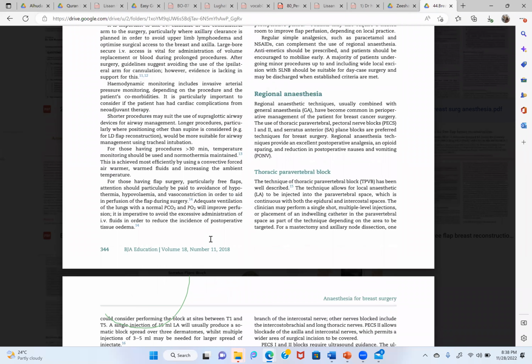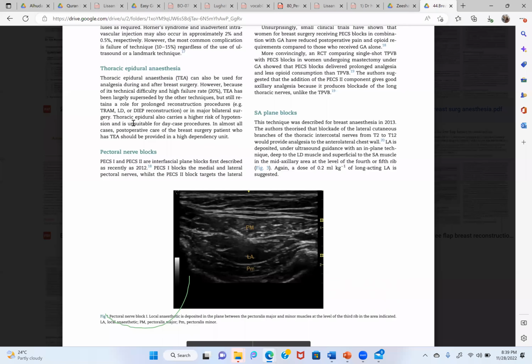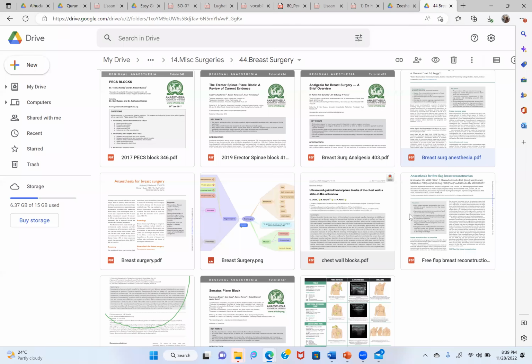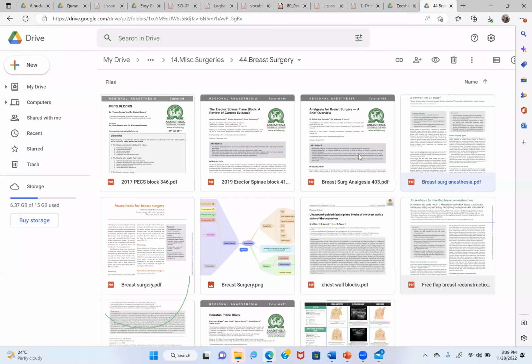So now comes the last part. Because I have discussed this topic multiple times before, it's sort of repetition, so I will share the link of the discussion which I did before. So yes, we will have a look at the analgesia part.